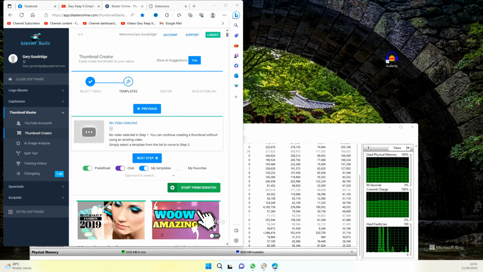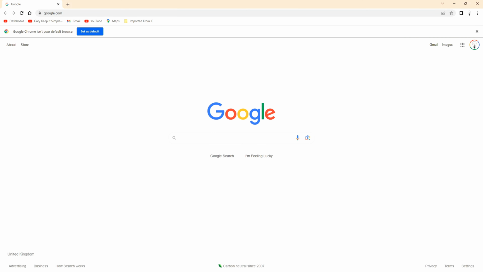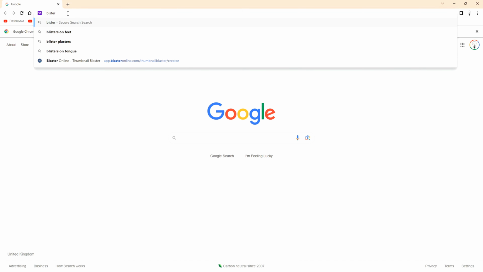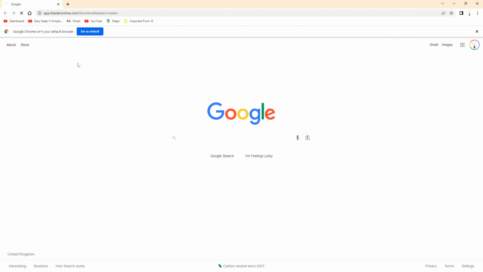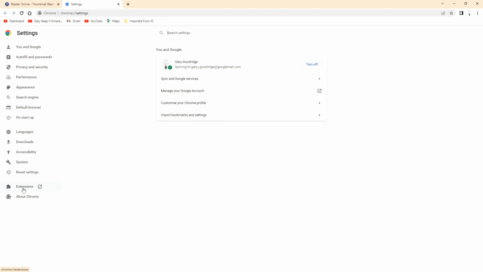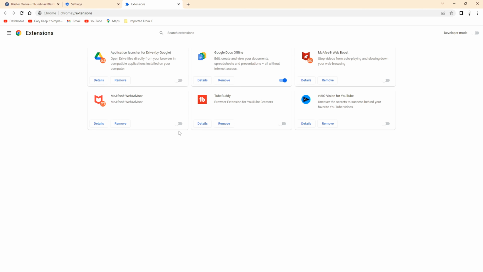So let me bring up Chrome. Right, so Chrome is there, and we go into Blaster. As you can see, I don't use Chrome very often, and it's gone in. Extensions, McAfee. Well, McAfee is off. So let's turn it on. That is now done. So if we now go on to Blaster,